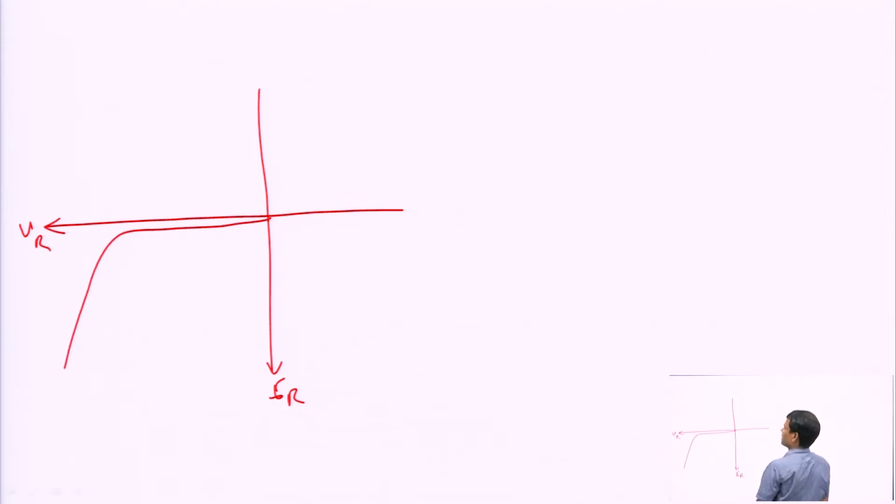Suppose this is the reverse bias characteristics and the operating point Q is here. We will draw a perpendicular to here and here. Suppose this reverse voltage is minus 30 volt and this is 1 nanoampere. Then the DC resistance RDC